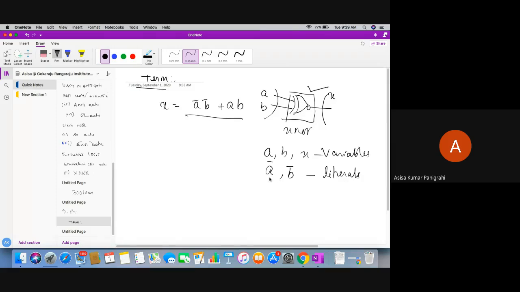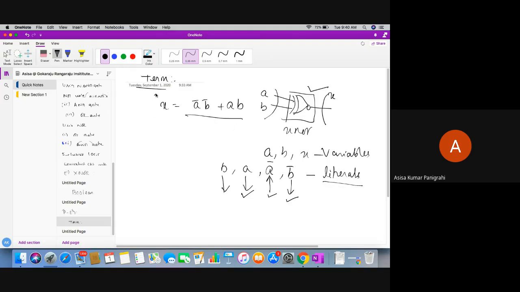A bar is the complement form of literal A, and A and B are also literals. A bar is the complement form of variable A, A is the true form of variable A, B is the true form of variable B, B bar is the complement form of variable B. These are all literals. A, B are variables as well as literals. A and A bar, B and B bar are the literals of the logic equation.